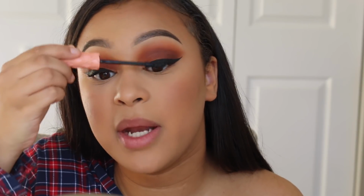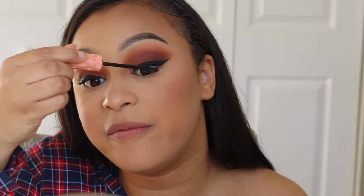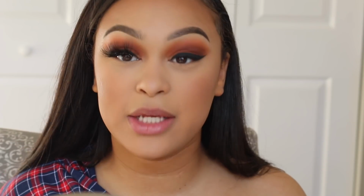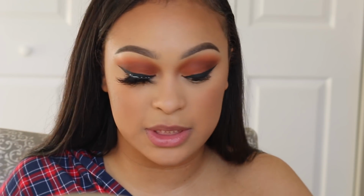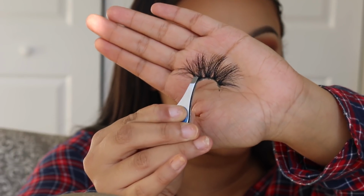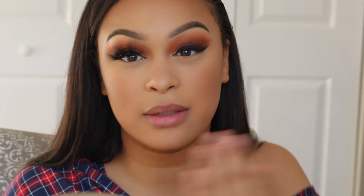So I'm gonna apply Benefit Roller Lash Mascara, and then I'm going to apply my false lashes. So I used the same lashes I used in my previous videos because this is my favorite lash at the moment. So they look like this. They're super fluffy and dramatic. Look at the difference lashes make to a look. Like,